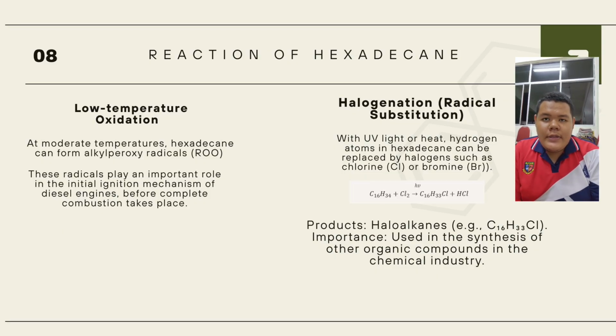The product of this reaction is a haloalkane, such as C16H33Cl. Haloalkanes are highly useful in organic synthesis because they can serve as starting materials in production of various chemical products such as solvents, plastics, and